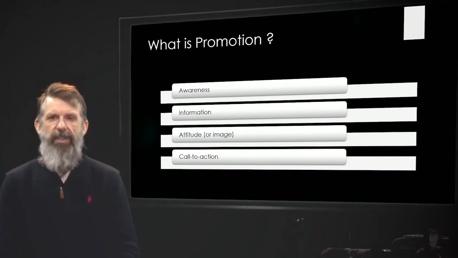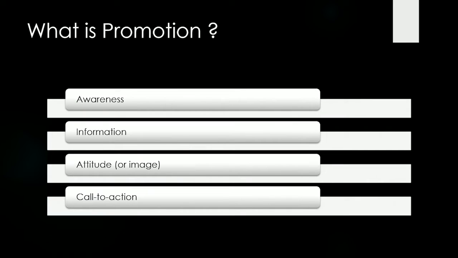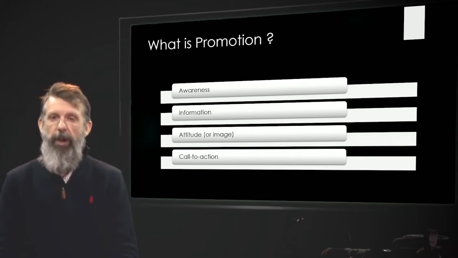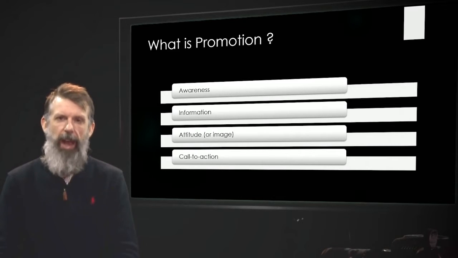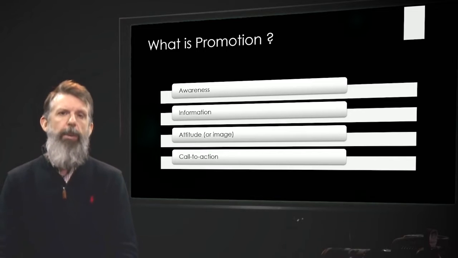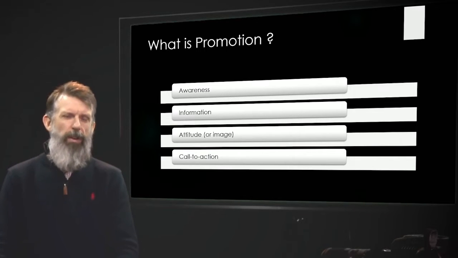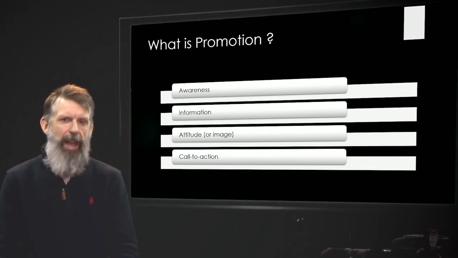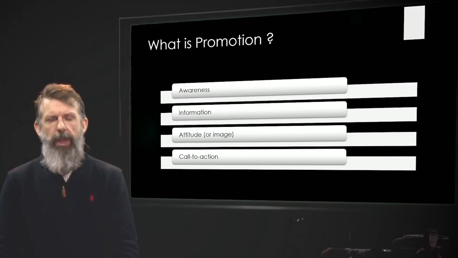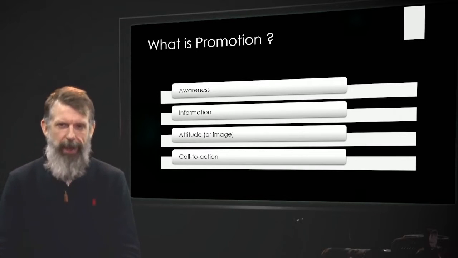The next 2 are very similar: the attitude or image, and then the call to action. The attitude, to me, is more when you're getting up into the maturity of your product. Sometimes people will put attitude and image at the very beginning, and I think it's really difficult. If you have the right product at the right time and place, you can get away with this, but generally it's difficult simply because people aren't aware of who you are and what you do yet to really start to think about what kind of brand you are. So there has to be a little bit of a pause sometimes to get there.